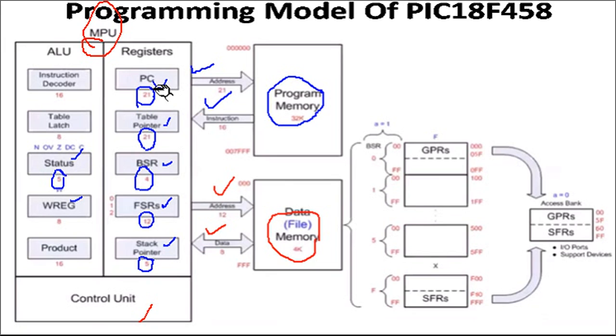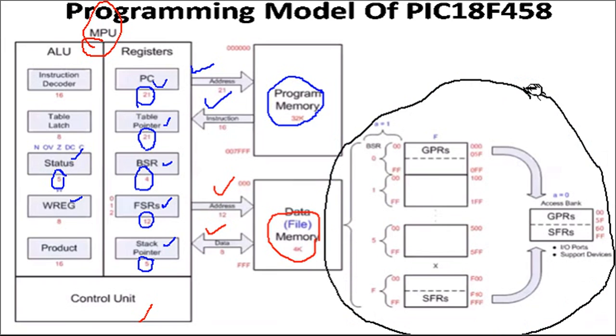We can see the address bus and the data bus along with the number of bits written under them also. This indicates the number of bits the address and the instruction bus can hold. Also we can see the expanded view of these memories. Which is the expanded view? The one I have marked in black color is the expanded view. This is the expanded view of the data memory, as the arrow here shows.